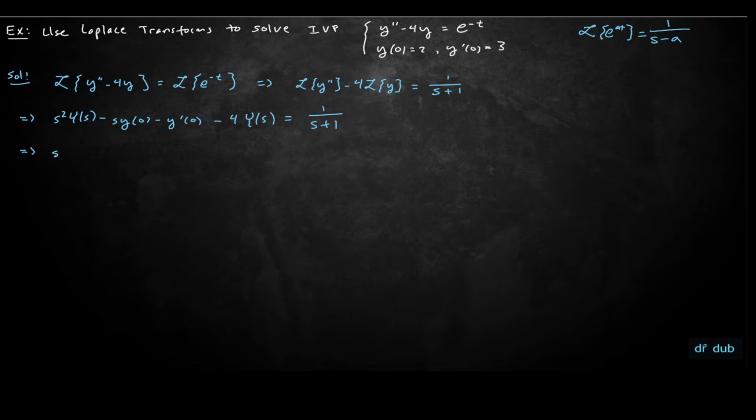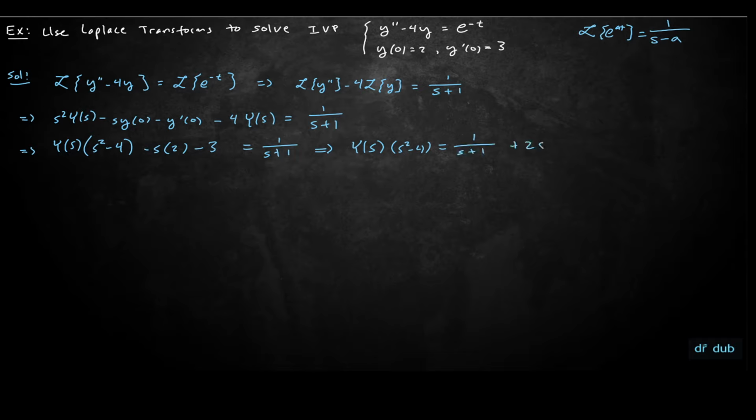Let's factor out the Y of s. Get Y of s times s squared minus 4, minus s times 2 minus 3, equals 1 over s plus 1. And that can further simplify to Y of s times s squared minus 4 equals 1 over s plus 1